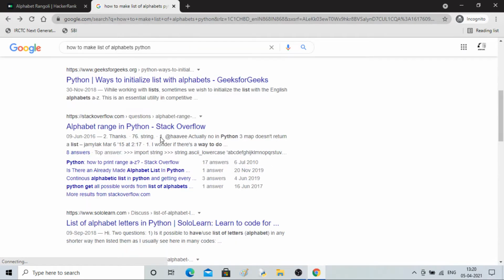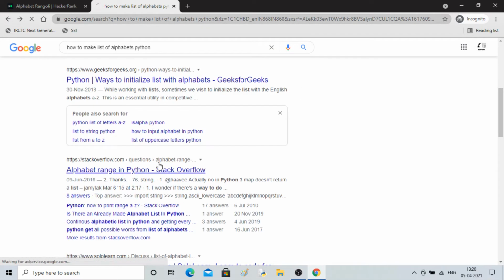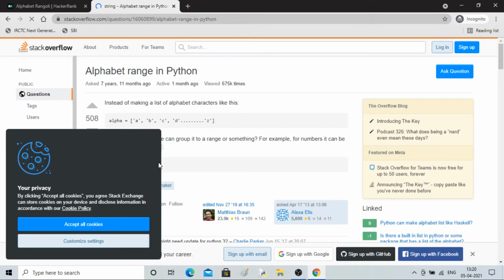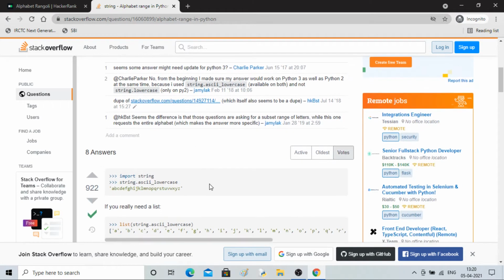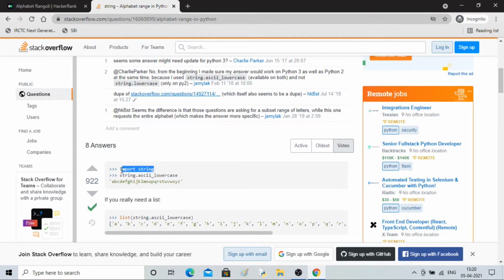There is a string library you can use to fetch your alphabets. Okay, this is it: string dot ascii_lowercase. If you use uppercase, you will get uppercase values; if you use lowercase, you get lowercase. This is what we will use.